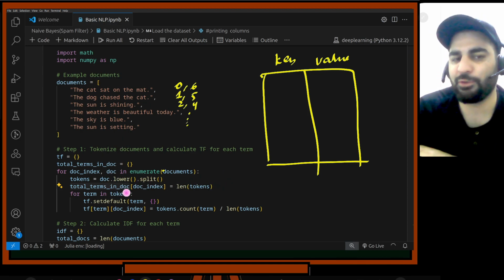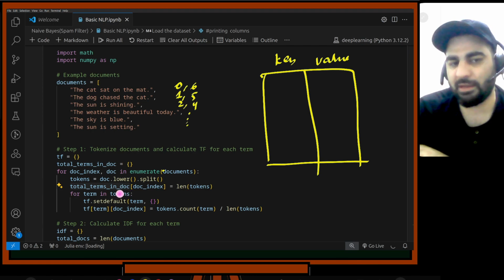Then for each term in tokens, what I'm doing now is, because I have stored these tokens into this token variable,